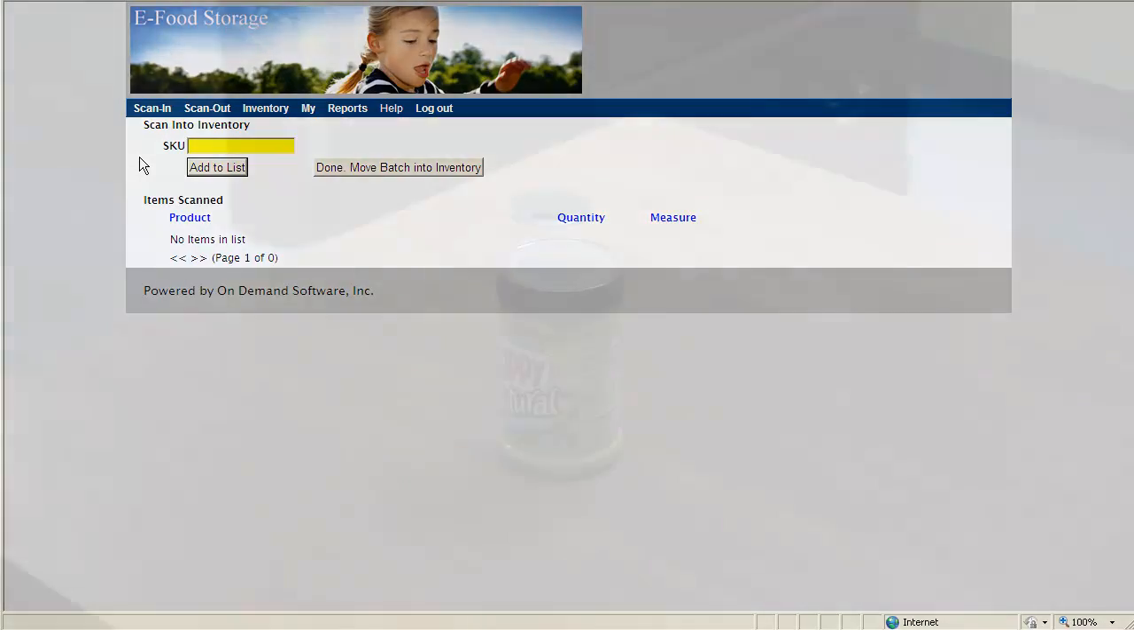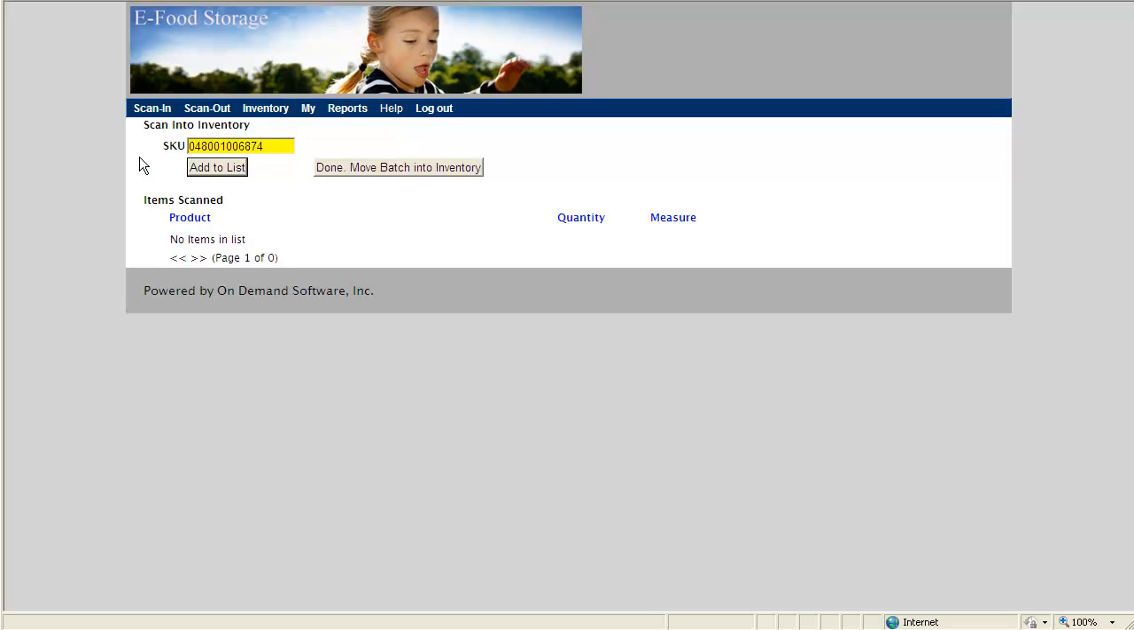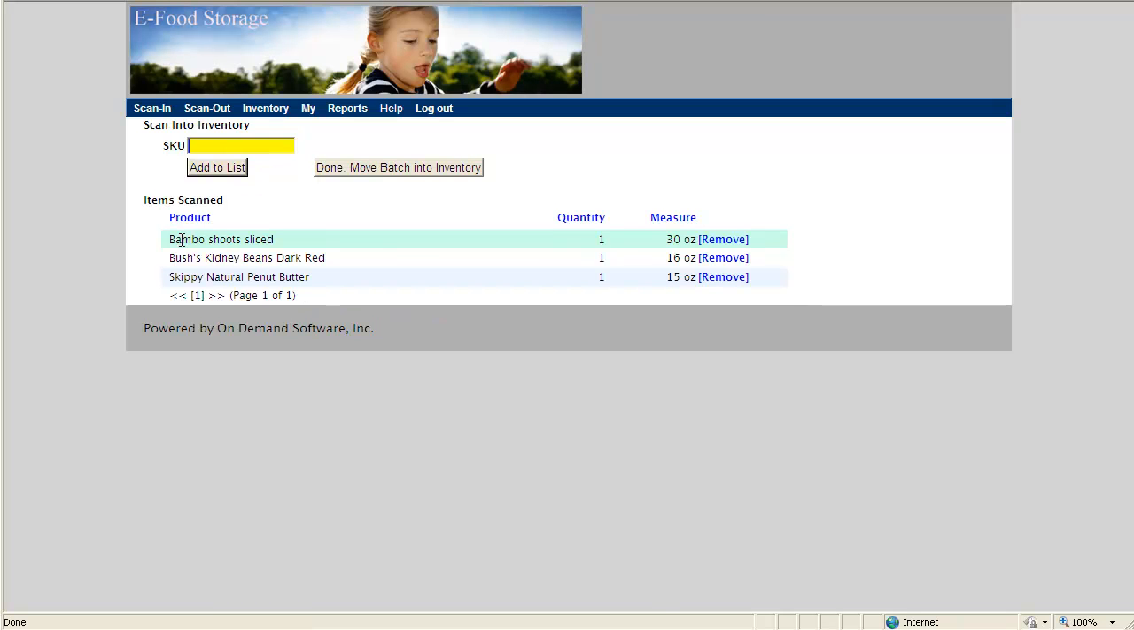I'll first start out with one. It's Skippy Natural Creamy Peanut Butter. You saw the barcode show up for just a moment in the yellow area, and then the description of the item scanned as Skippy Natural Peanut Butter with a quantity of 1. Of course, when I was at the grocery store, I bought more than that, so let me continue to scan a couple items. Let's say I bought 2 of those. I could scan it again,